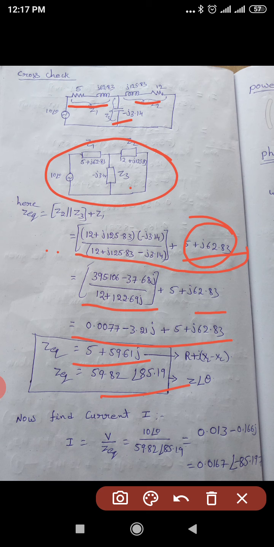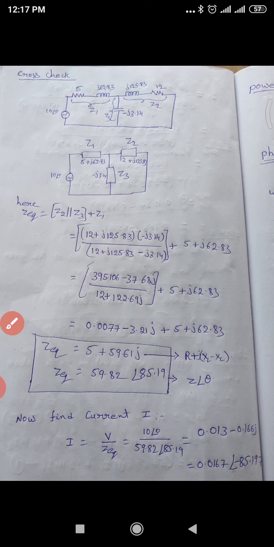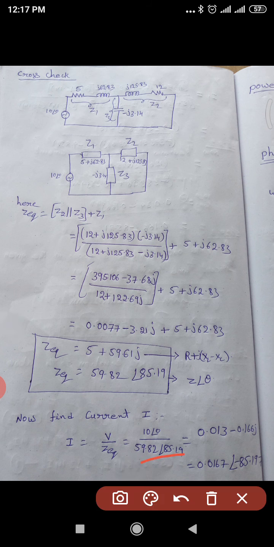So current I, according to Ohm's law, current is equal to V by R. Here instead of R we are using the Z equivalent. So V by Z equivalent, that is 10 at an angle 0 divided by 59.82 at an angle 85.19. If you simplify this, we get 0.1013 minus 0.166 j, which is equal to 0.0167 at an angle minus